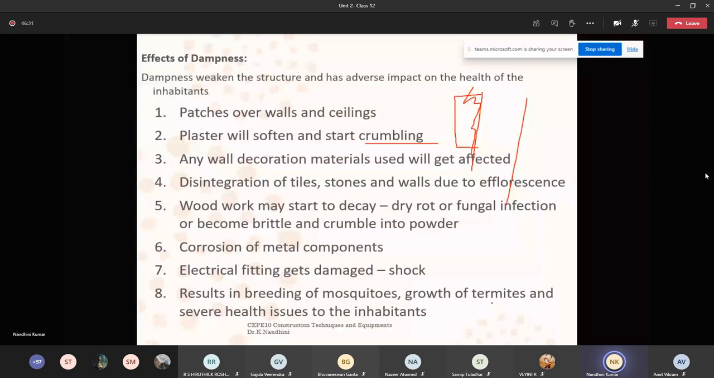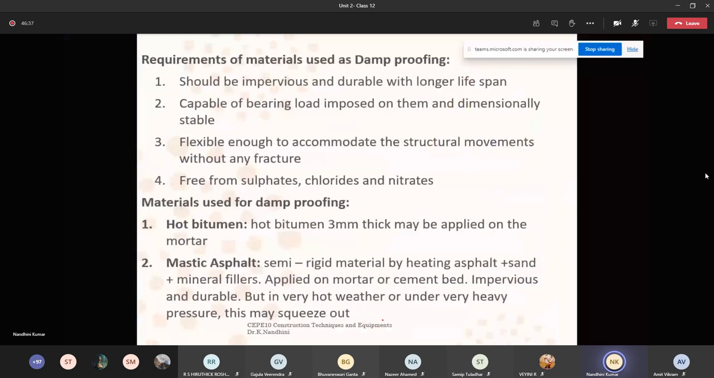Like people who are residing there, health issues will definitely be there. Requirements of materials used as damp proofing. Okay, should be impervious. That is, it should not penetrate. It should be durable with longer lifespan. So, the damp proofing material should be impervious and very durable, capable of bearing the load